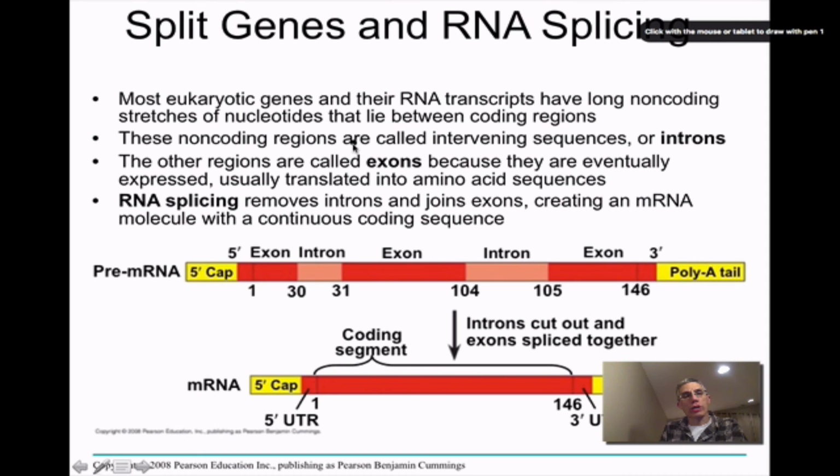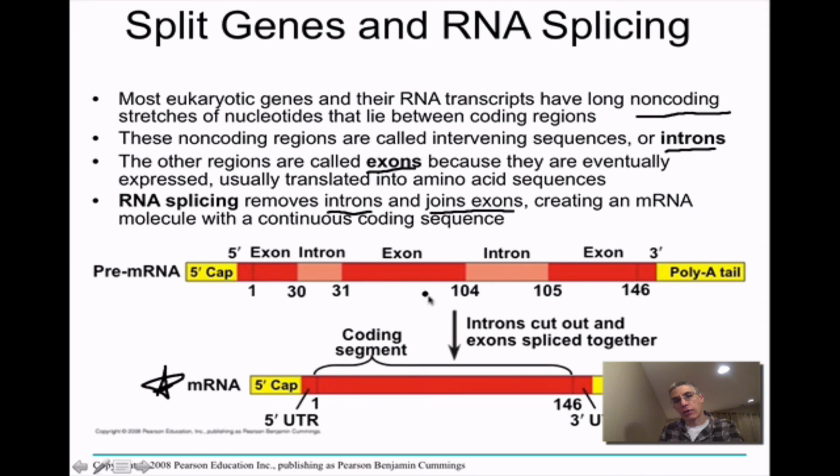So as we had said before, in addition to modifying the ends, we also sometimes need to go in and actually make some modifications to the inside of that pre-messenger RNA. Now we do that because there are often what we call non-coding stretches of nucleotides within that pre-messenger RNA. We call these non-coding regions introns. The other regions that actually code for specific amino acids are going to be called exons. These exons are the ones that we actually want to keep. So RNA splicing is going to be used to remove the introns and actually join the exons together. And that's going to create our final messenger RNA strand that's going to be sent out and be used to